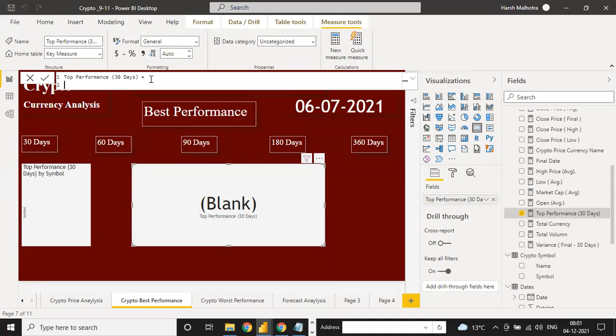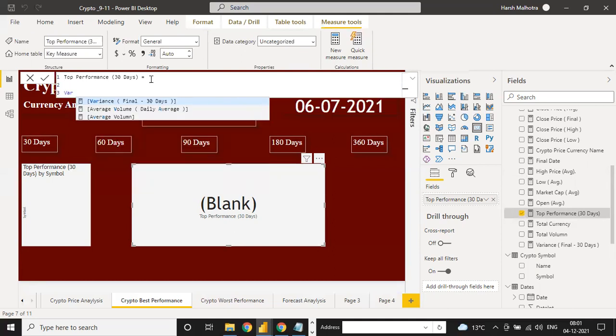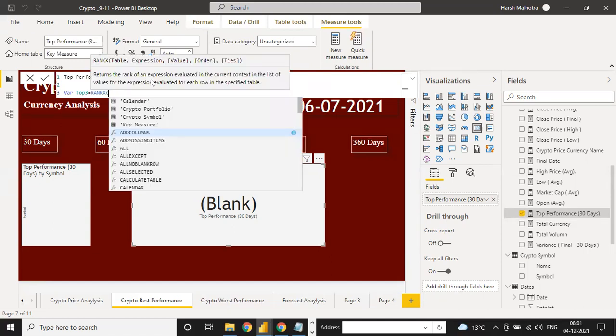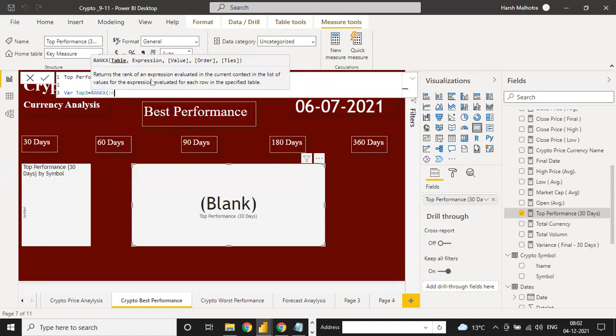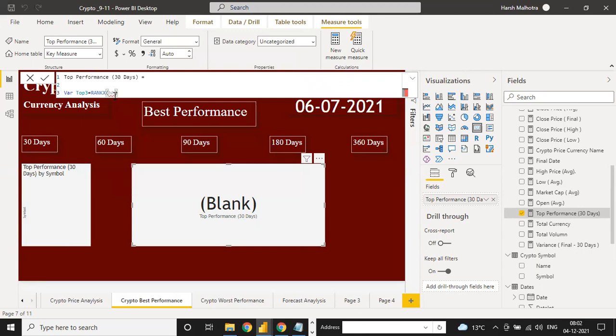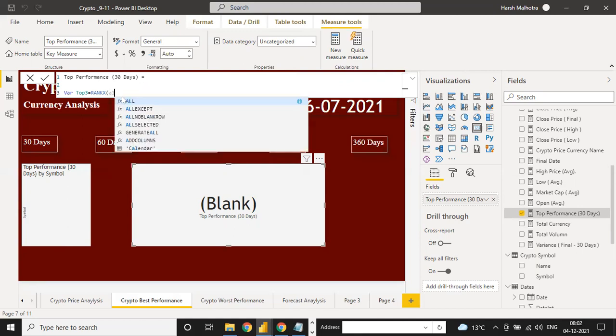Because if the function is wrong, it shows some error like this. See VAR, and if you put it, because the function is correct, I wrote a correct function. If any function is wrong, it will show you this kind of error, the red option. If your function is correct, this error will not show in your data. Otherwise, this error shows as a red one. Same way, click ALL.